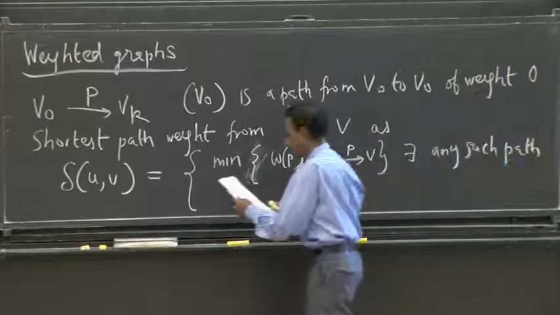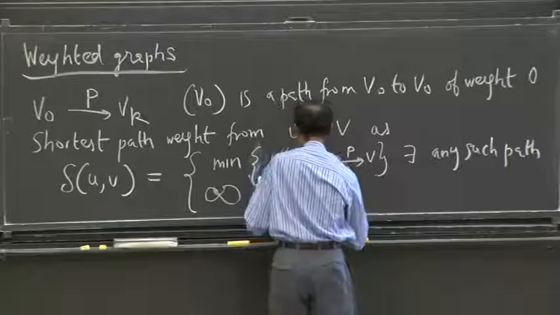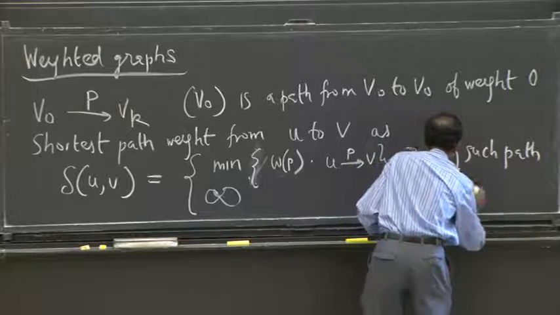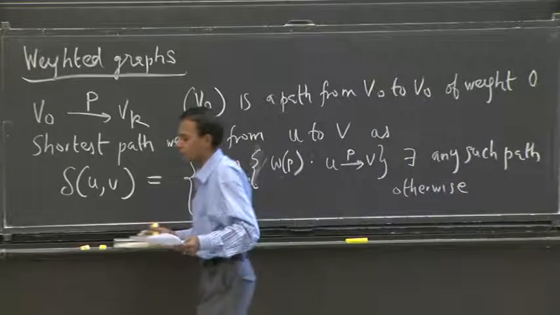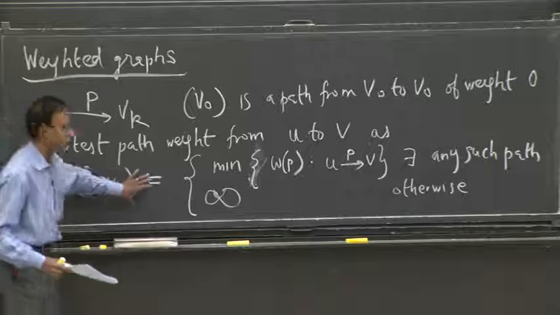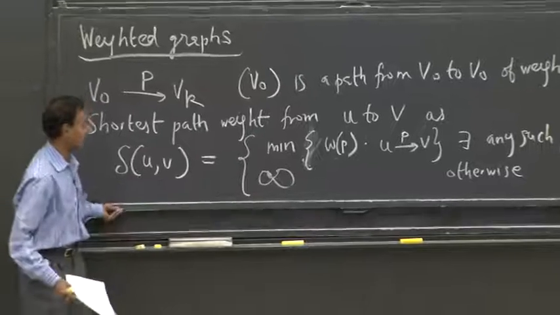And the last thing is you want the weight to be infinity otherwise. So if you're only talking about roads, going from here to Tokyo should have length infinity. A little matter of the Pacific Ocean in between, right? So that's the setup